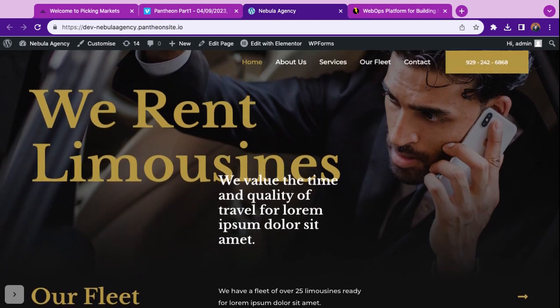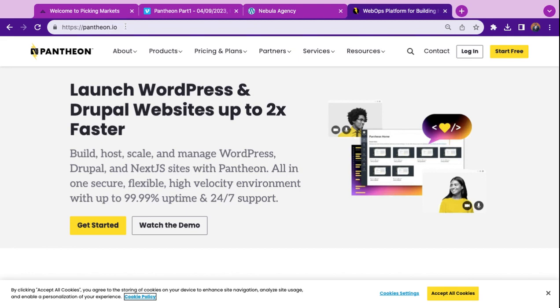All right. So in case you have closed this part of the site, because this is very close to our backend, we can come here and click on dashboard and go back to the backend. But in case you've closed maybe your laptop off or something, come back to Pantheon.io, click on login,